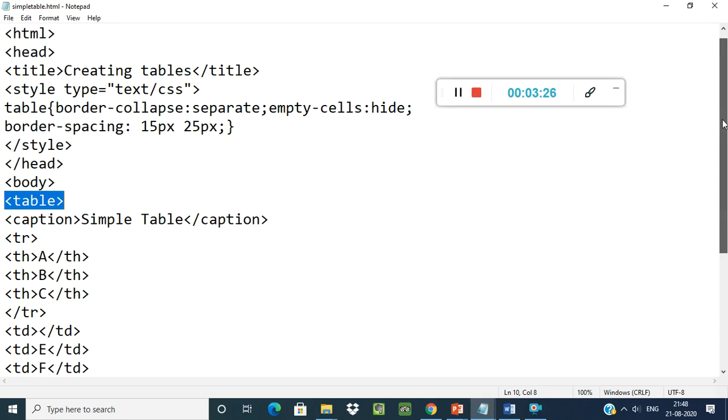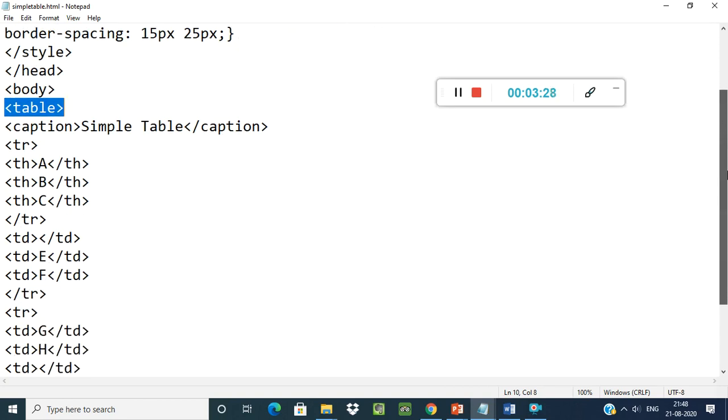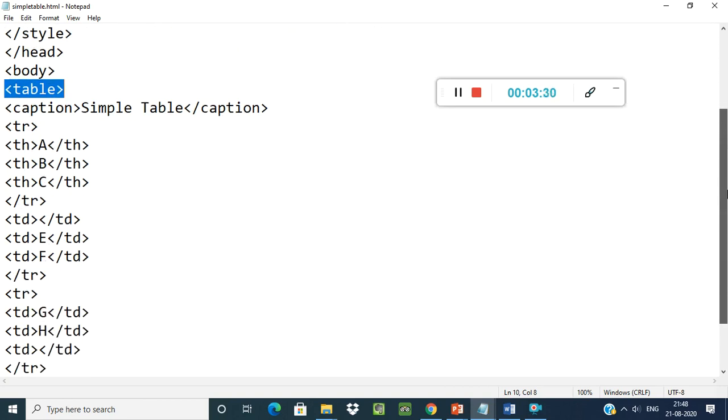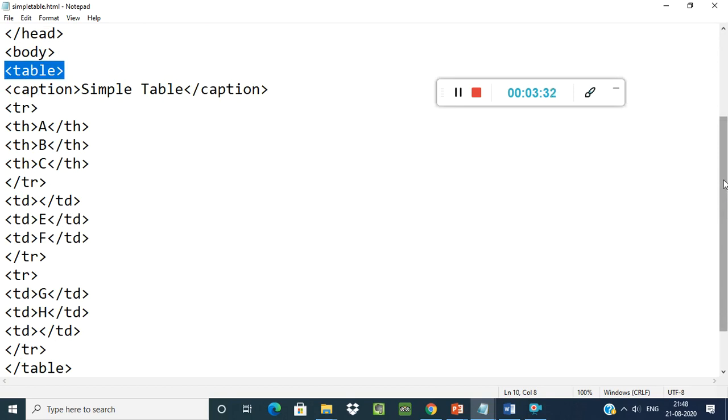In the body tag, first is the table tag. In the table tag, the caption is given. See, the simple table, this is a caption. Caption is nothing but the heading of your table. Then tr is a table row. In one row, the table headings a b c are given.